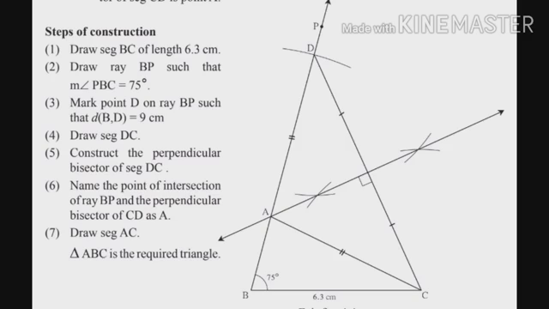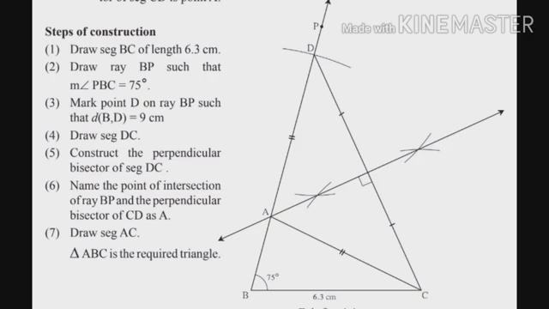Okay. So in short, first of all, the first step is draw BC. Second step, take the angle by using the protractor, the angle measure given to you. Take the point of that angle. Then the third step, draw the ray of that angle. Then the sum of two sides is given to you. Measure that sum of two sides and cut the ray of angle that you drew.